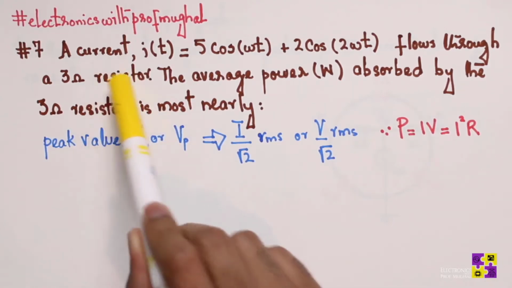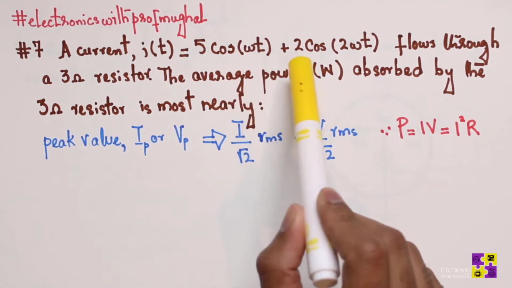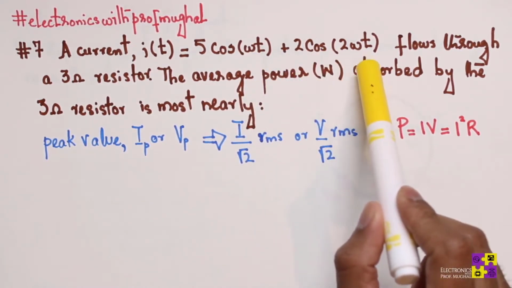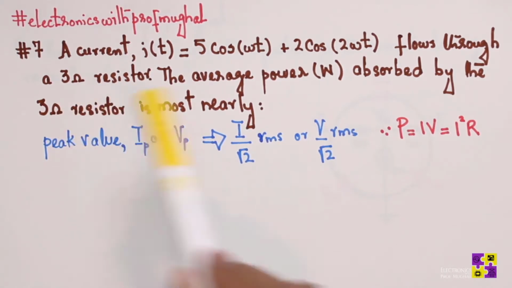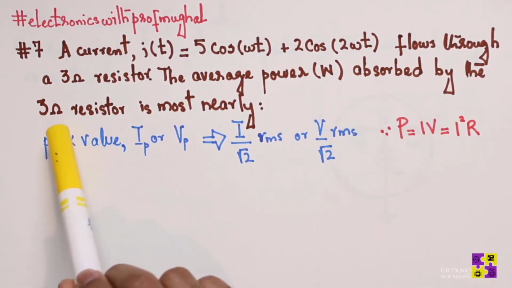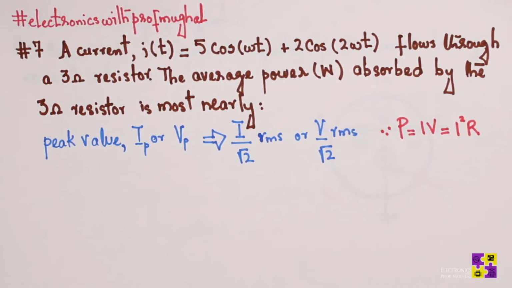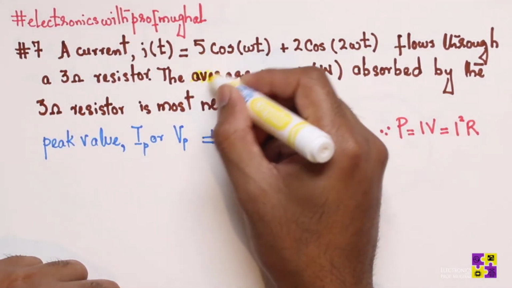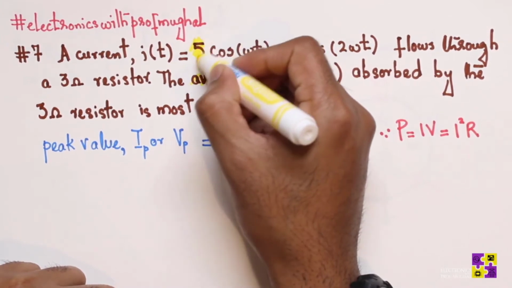Okay, a current I of t equals 5 cosine of omega t plus 2 cosine of 2 omega t flows through a 3 ohm resistor. The average power absorbed by the 3 ohm resistor is most nearly... Well, the first thing that you need to know here, because we are trying to find the average power, is that these magnitudes represent